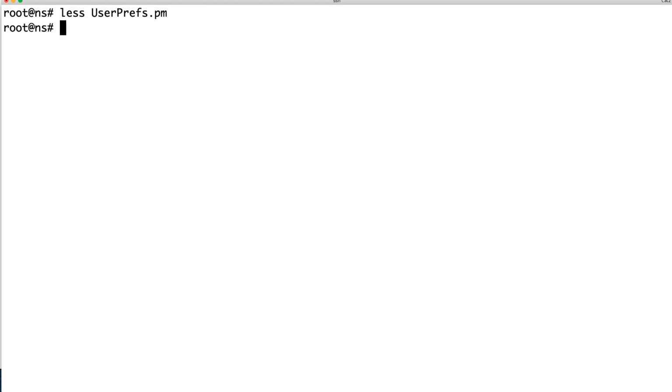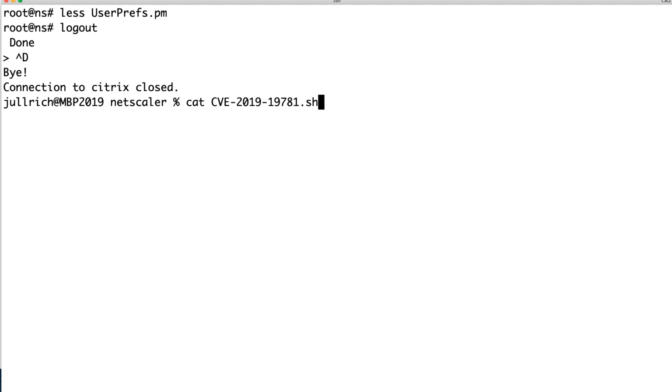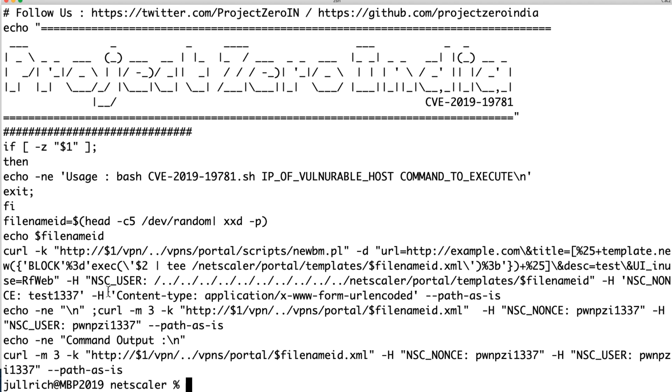So that's sort of where the second part of the exploit comes in. Let me just go out quickly and take a look at this again. The content being written into this file is here the title, template new, then block, then exec, and here this is just a parameter being passed into, and then the output is then piped to this XML file. So that's kind of what we're doing here, but the exec part is really sort of what executes it, and